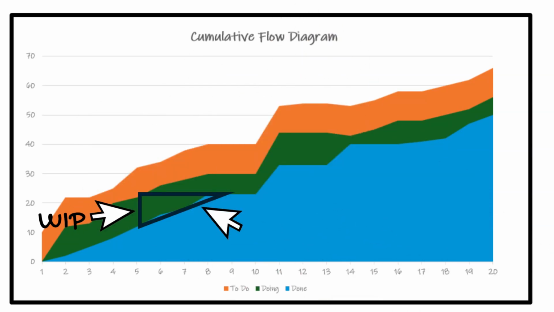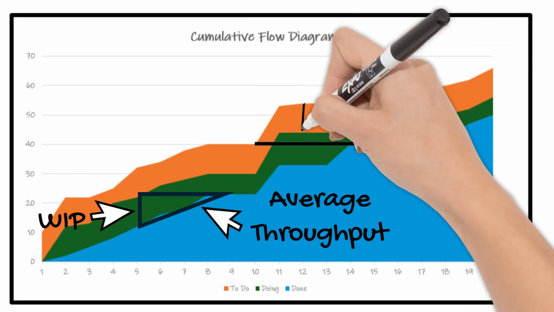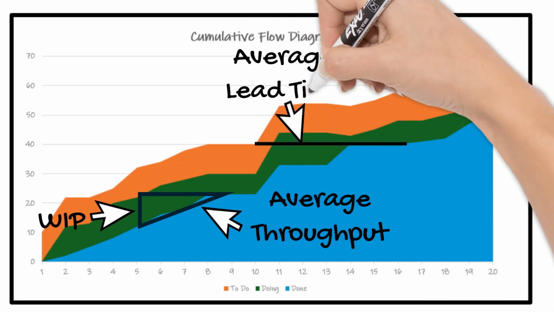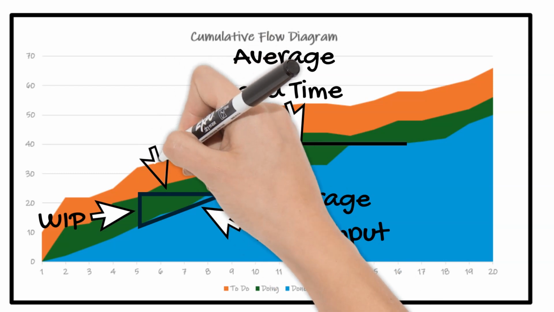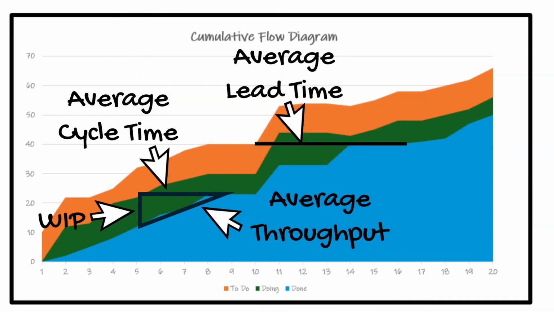We'll delve into lead time and cycle time in a separate video. WIP, work in progress, is the number of active items in progress your team handles at a specific time. Throughput is the number of work items your team completes over time. And lead time is the total time it takes for a work item to move from the initial request to completion, while cycle time is the time it takes for the work item to move through the active stages of the workflow. Overall, the Cumulative Flow Diagram provides a comprehensive view of the flow of work items through a process,